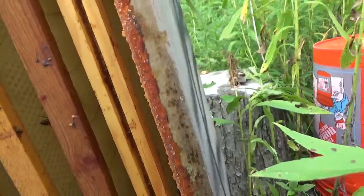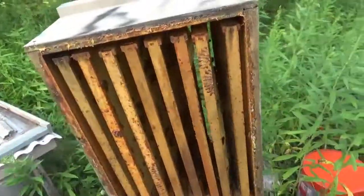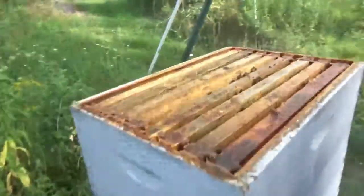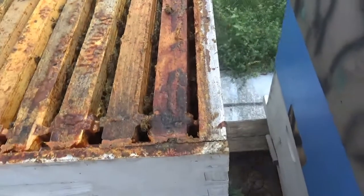And just looking at the frames from the bottom, I don't really see much comb drawing going on yet. It doesn't look like they're filling that one in yet. This one has a good amount of bees in it too, but it doesn't look like a lot going on, but we'll pop it off and see if it's got any weight. So the second box down is also light. It looks like they're just starting to draw comb in that, and there's bees in it, but not a lot going on. And then this top box still seems to be full of capped honey,